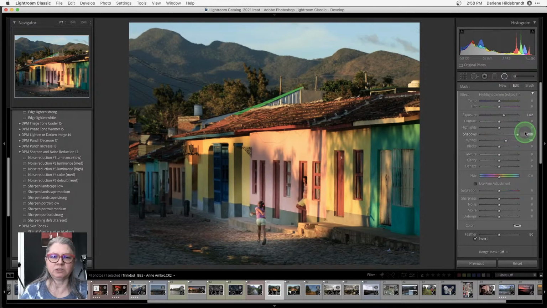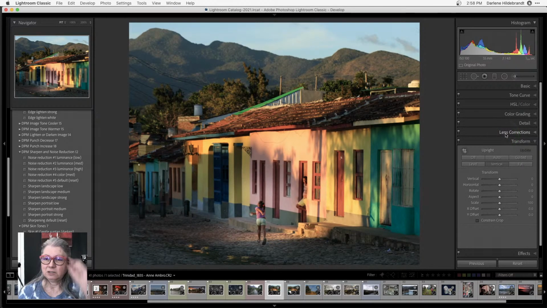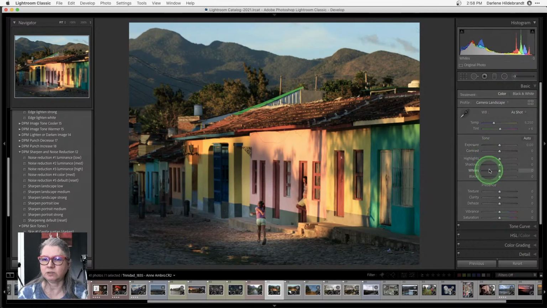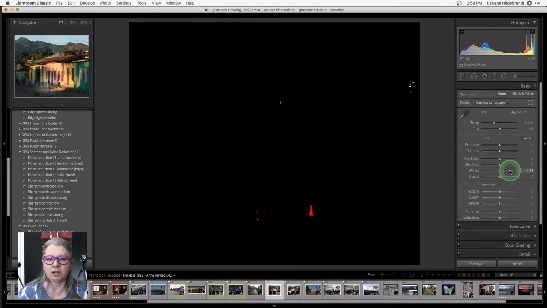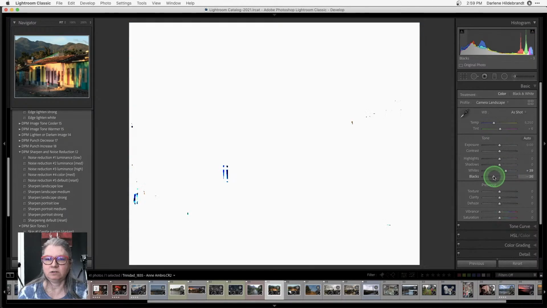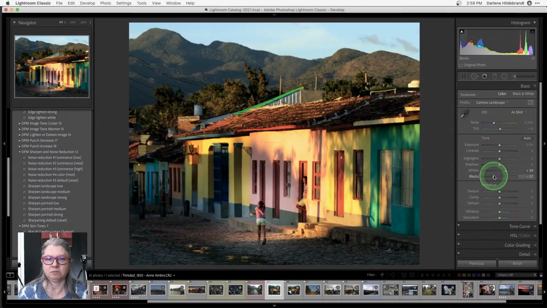Okay, because you don't want to end up with something like that. So again, that's over retouched because I can see that there's something happening there that doesn't look natural. There's like this inverted halo. Okay, so a halo, I'll show you that in a moment as well, is when you go too far, like for example, pulling the sky down. Okay, so going back to basics, I'm going to pull the highlights down. Let's check my whites. Okay, so go all the way to the right, bring it back a little bit, all the way to the left on the blacks, bring it back a little bit. Okay, and then I'm going to pull the highlights down just to bring those colors down.